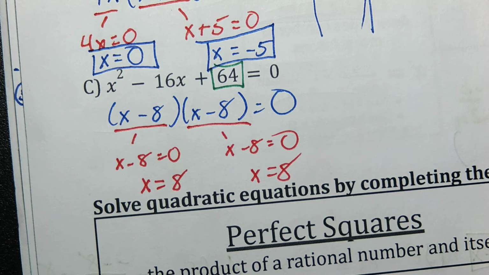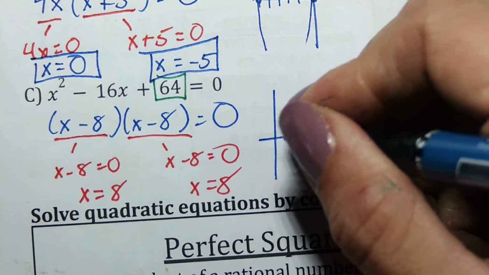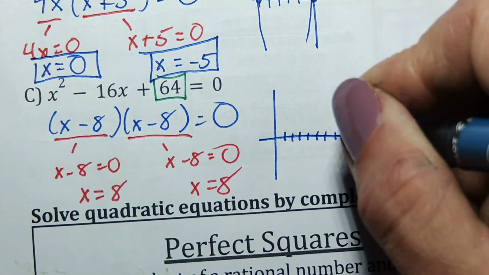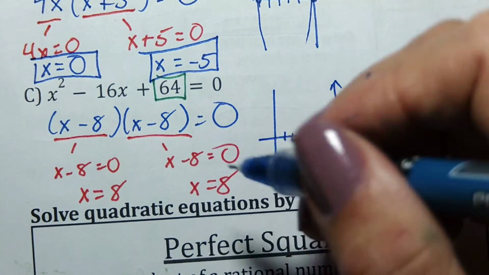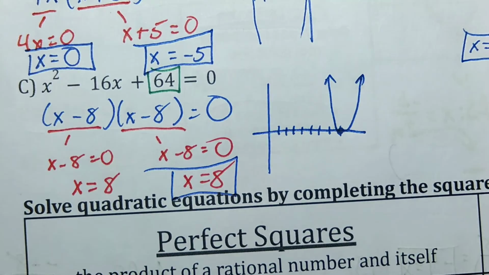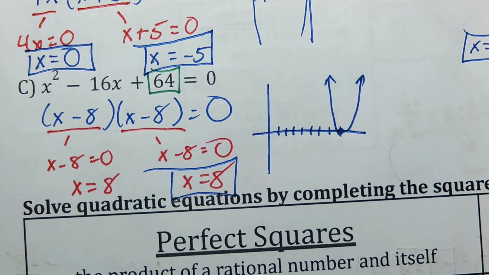How does it do that in only one spot, thinking about symmetry? Yes? It goes down, and the lowest it ever goes is the x-axis. Wonderful. The lowest it goes is the x-axis, which means our vertex is the x-intercept. So, 1, 2, 3, 4, 5, 6, 7, 8. So if I only get one solution, the only way that can occur is if my parabola is sitting